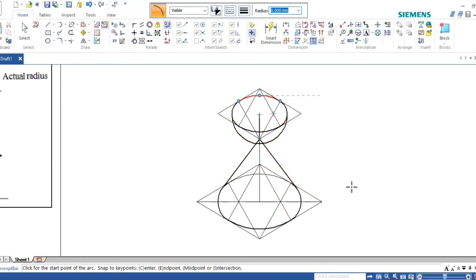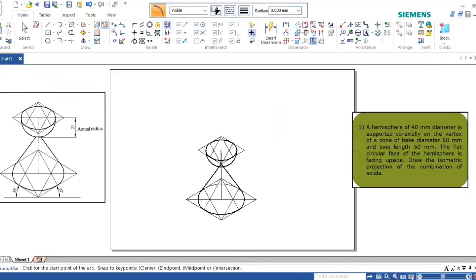Construct the ellipse with the center. I will convert this into ISO length. And from here to here, take 20 mm. Take this as an arc by 3 point. Draw an arc. Okay, in manual drawing also you have to do it with a freehand sketch. Okay, this is how you are going to construct using the software.